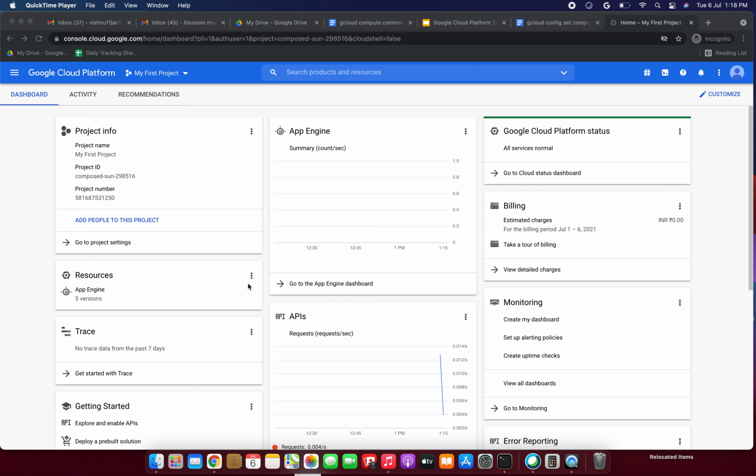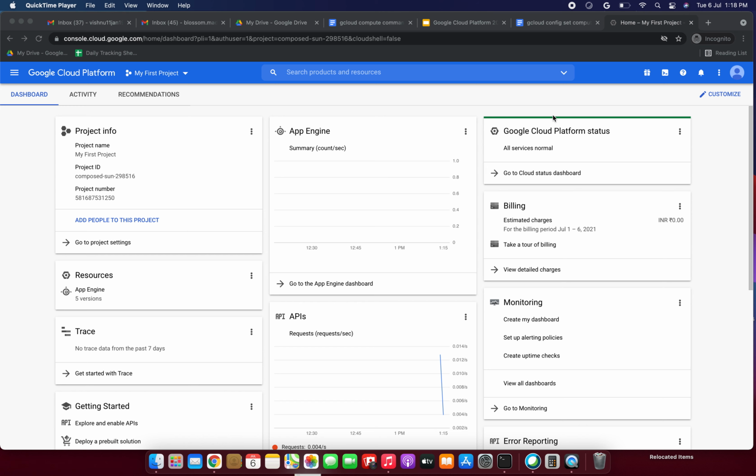Today we are going to see about the persistent disk. We are going to create the persistent disk by using the gcloud commands. In our last video we used the Google Cloud Console, but today we are going to use the gcloud commands only. Before creating the persistent disk, first we have to create the virtual instances.